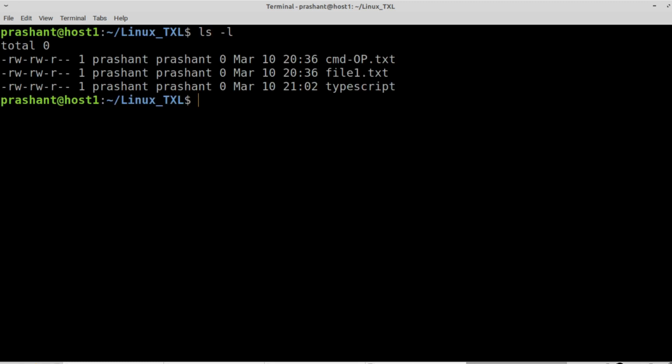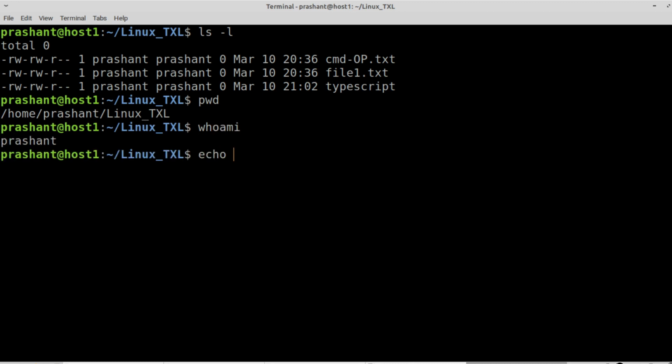Now one file is there called typescript. Then say pwd, we are in this directory. whoami. Or let's say echo $SHELL, which shell we are using. So these are some commands. All the commands will get recorded using that script.